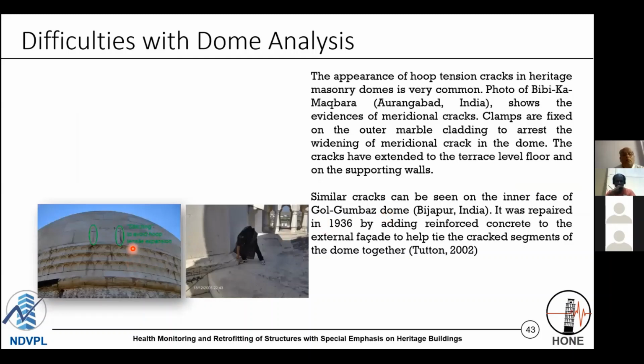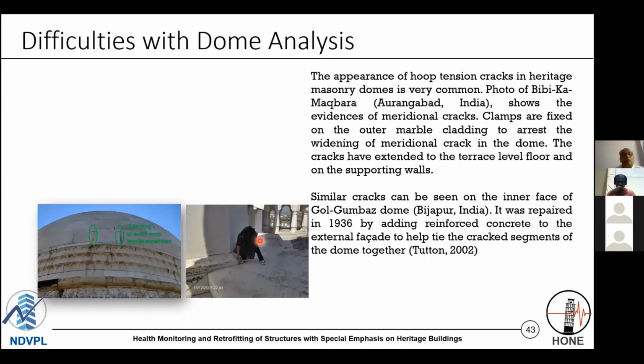Like here I am showing an example of a masonry dome. Masonry domes are typically cracked in the hoop direction. Like in Aurangabad, you can see for Bibi Ka Maqbara, stitching done by ancient builders. These pins are very tiny. They cannot actually resist the hoop forces which are developed in this structure. So it shows that they failed to quantify the level of forces in this masonry dome. But still, it shows that cracks were appearing on that masonry dome as soon as its construction was completed.